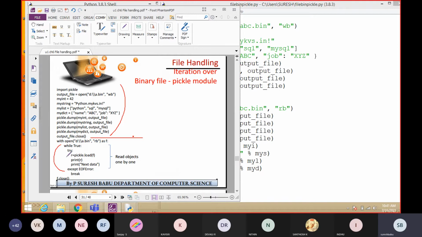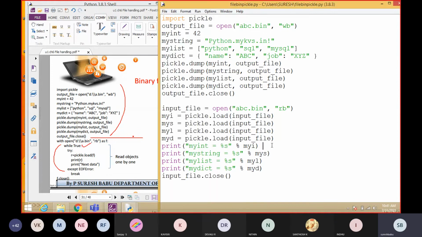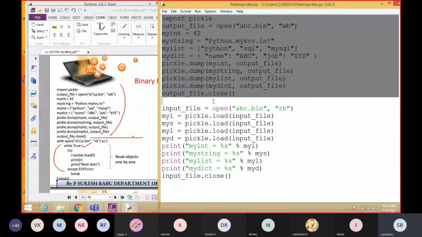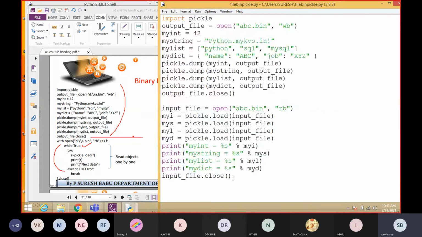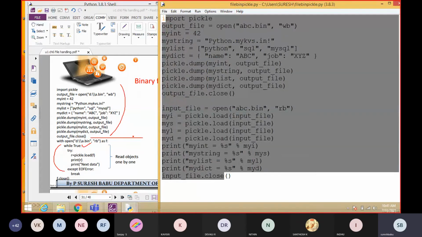See, in while True, if you're handling the file from the starting, this will be true up to the last character. When it reaches the end of the file, it will change to false. So until it is true it is going to get the data.